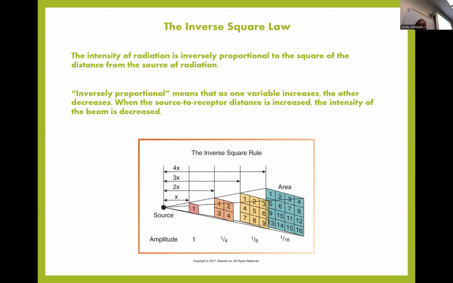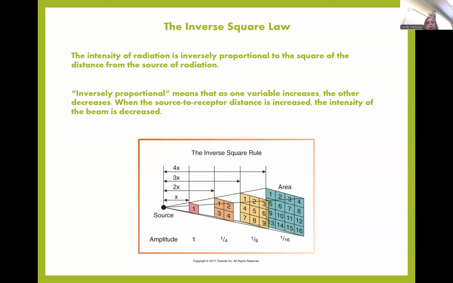So in my side notes here, if the distance is doubled, so if the distance between the tungsten target and the receptor is doubled, what that means in practical terms is the PID, the cone that sticks out and comes up to the patient's cheek. Sometimes those are really short, like maybe 8 inches. Other times it's like 16 inches. It's twice as long, like a long PID. So if the distance is doubled, let's say from 8 to 16, the beam will become 1/4 as intense